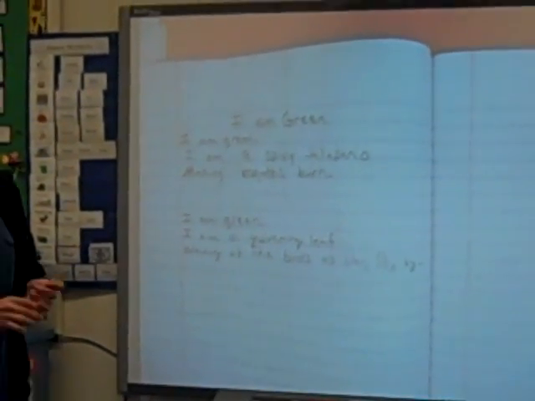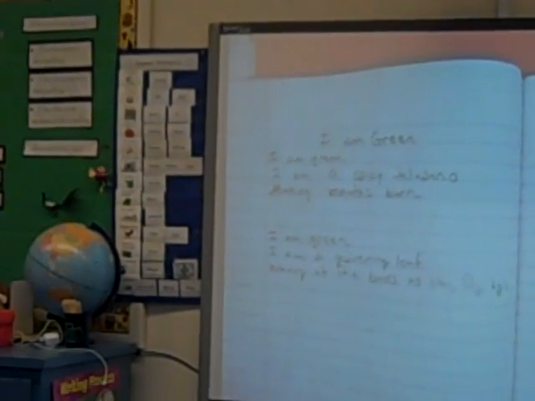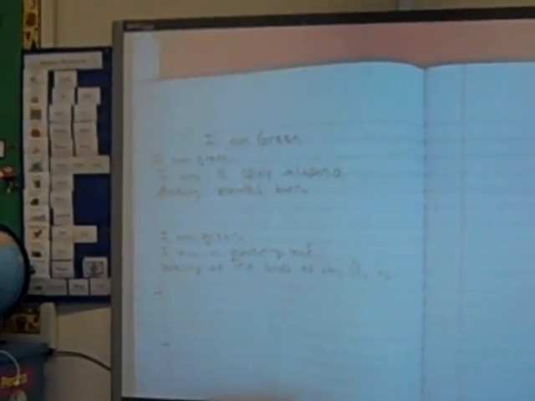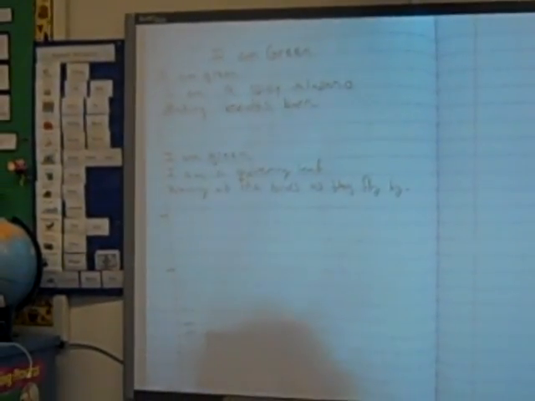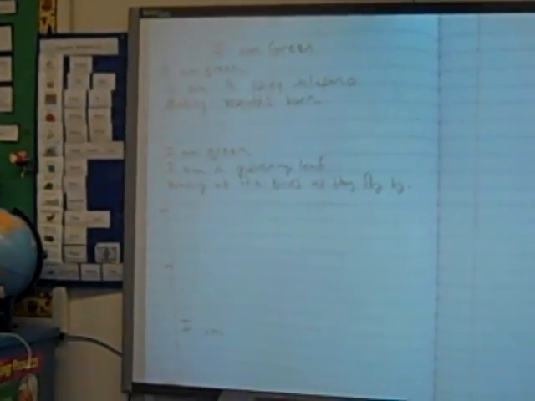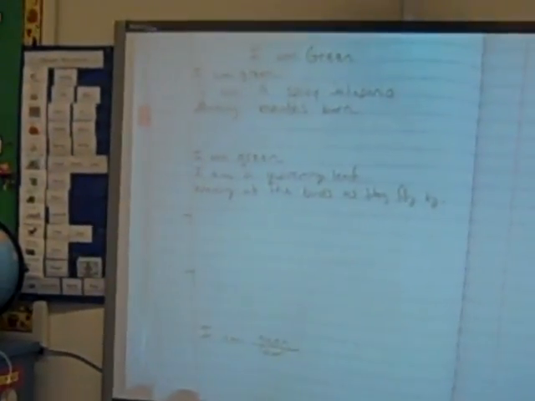So that's how the format of the poem is going to go. You'll do all four of your items, all four of your colors. So you'll have here and here, and then at the very end, you're going to close it with your last thing is going to be I am. What do you guys guess it's going to be? Your color. Your color, yeah. I am, and then your color. So I would write green. So I'll leave this up here as sort of an example for the format.